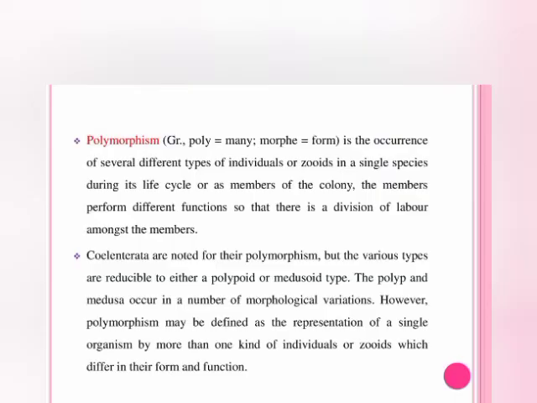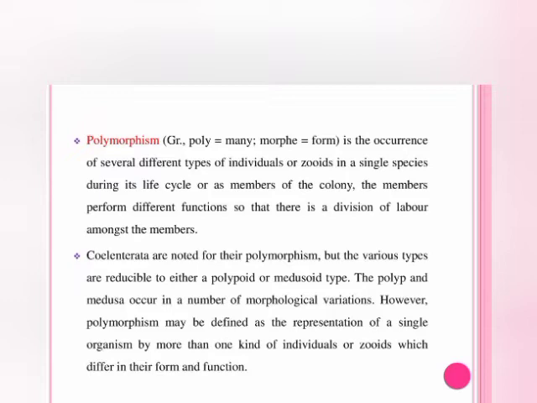species exist in more than one kind of structurally and functionally different forms. It is almost always accompanied by division of labor, in which different functions are assigned to different kinds of individuals, rather than to the different parts of the individuals. So, a particular type of individual performs only a specific function. Polymorphism and division of labor are characteristic of colonial Cnidarians.